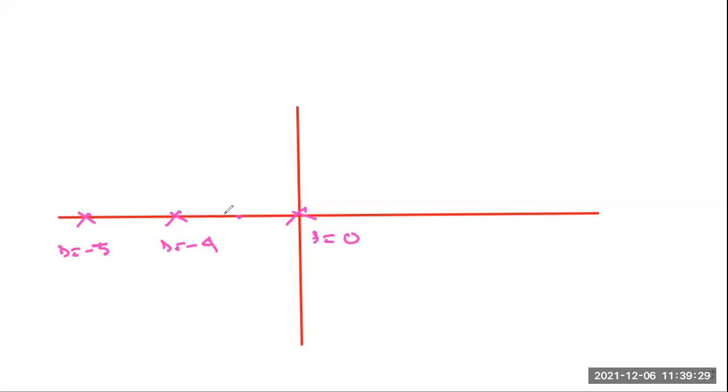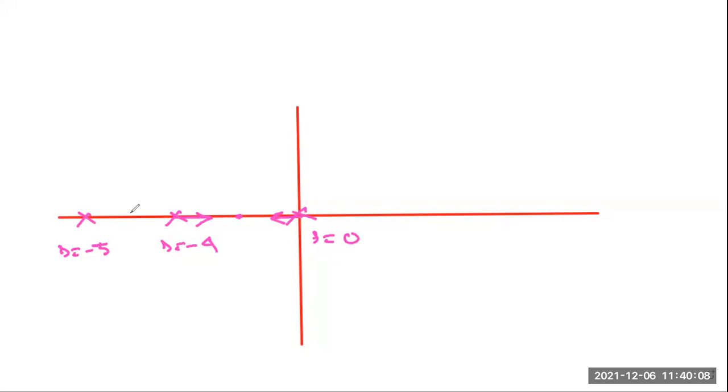So if you take any point here, how many poles and zeros are lying to the right of this particular point? One pole. So is it odd or even? Odd. So will the root locus lie on this section? Yes, sir. Okay, so the root locus will lie in this section. Normally the root locus will originate from poles, so both the root locus branches will move in this direction.